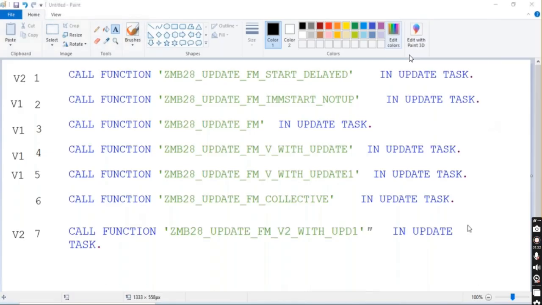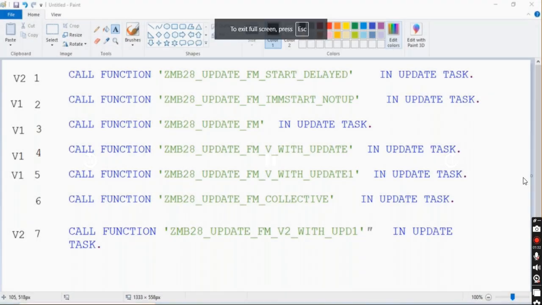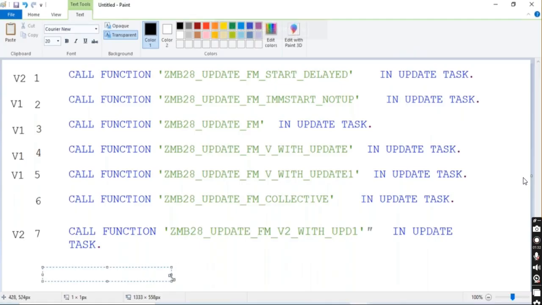One answer I got till now: 2 3 4 5 1 7 6. Fine, good. Let me tell you the sequence what it will be, and then I will match it with the